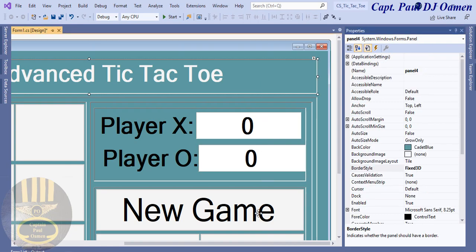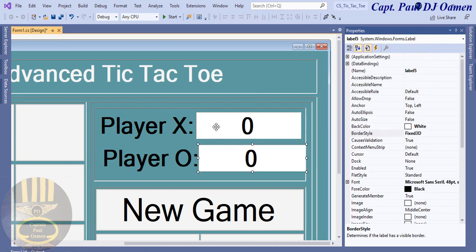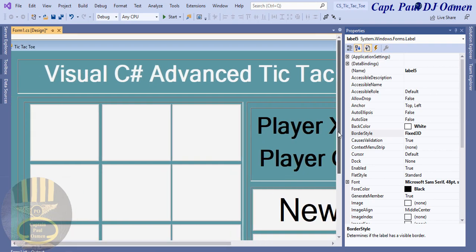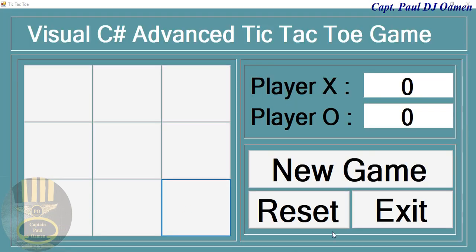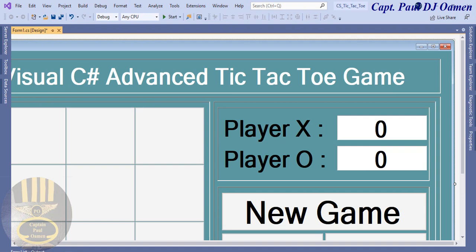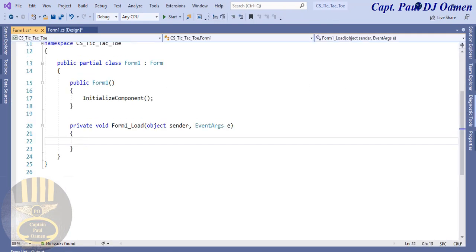So that is how my interface is looking now. So it's all taken care of. So let's run it and you guys see what I'm talking about. Click on start. Right, that's how it's looking now, guys. Not looking too bad. That's good, but nothing is happening yet. Let's close that. I'm now going to double click on the form, and right here I'm going to declare two